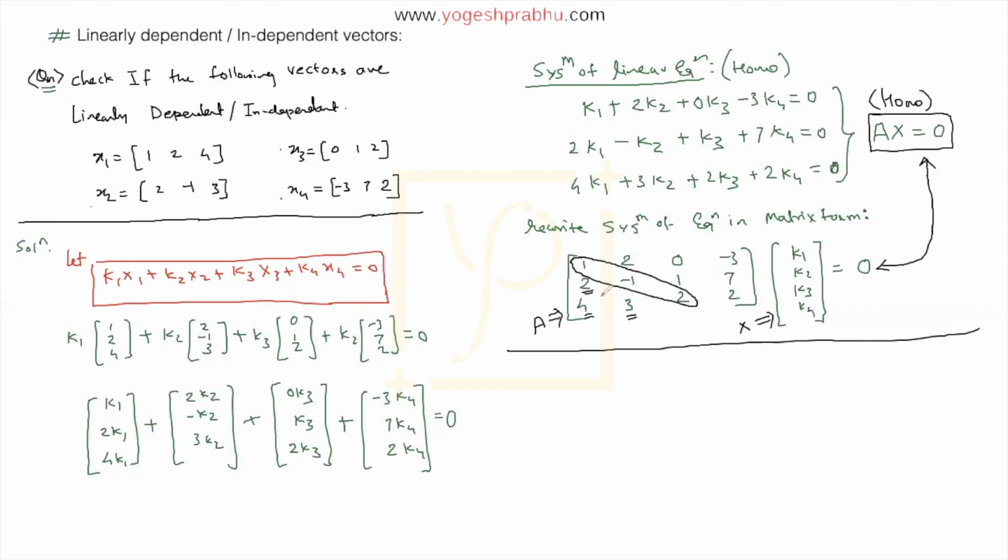So the next task for me is going to be, I want to make this 2, 4, and 3, all these 3 values, 0 by doing the proper row operations. So I'll show you how the row operations are going to be. Here, first I'll do R2 becomes R2 minus 2 times R1.